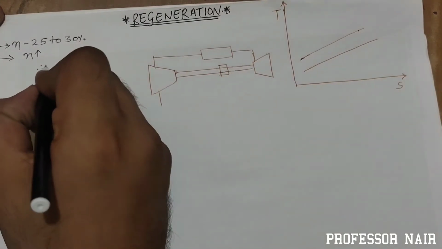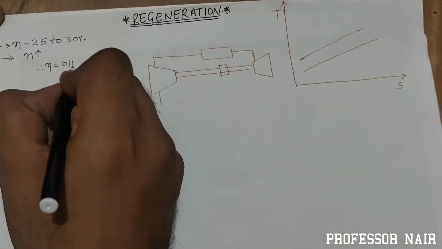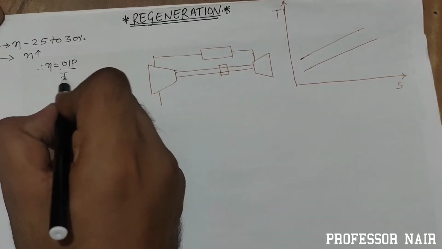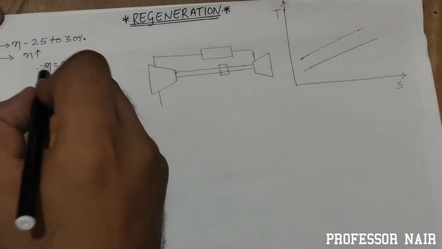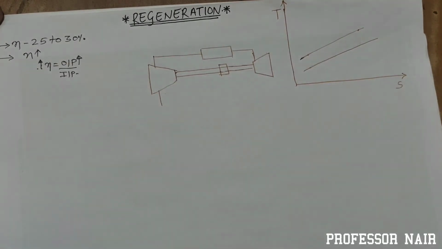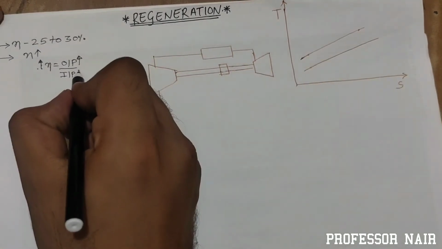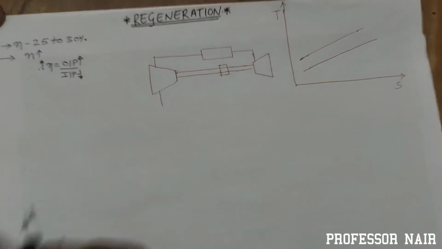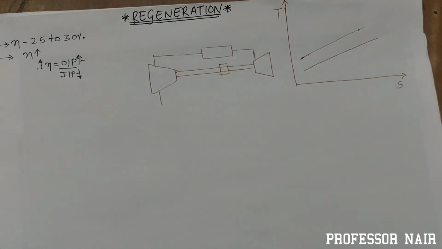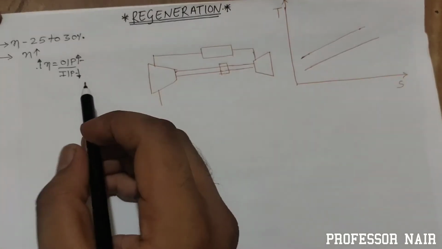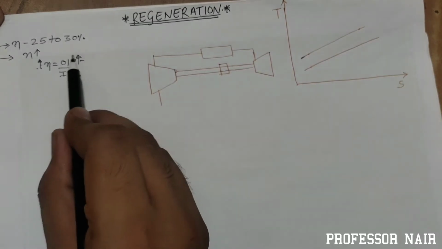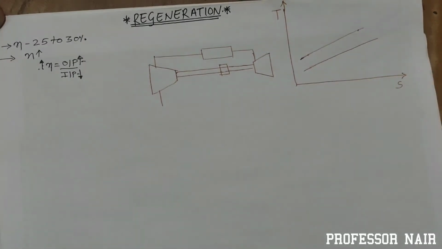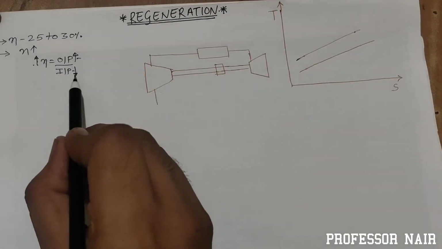So basic efficiency formula is output upon input, right? So if I increase the output by keeping input same, then efficiency will increase. This is the first case. Or second case, I can reduce the input while keeping output same. Means these are two cases. So we will discuss the second case. In the second case I am going to reduce the input while output would be the same. So ultimately efficiency is going to increase. So let's see how we can reduce the input.